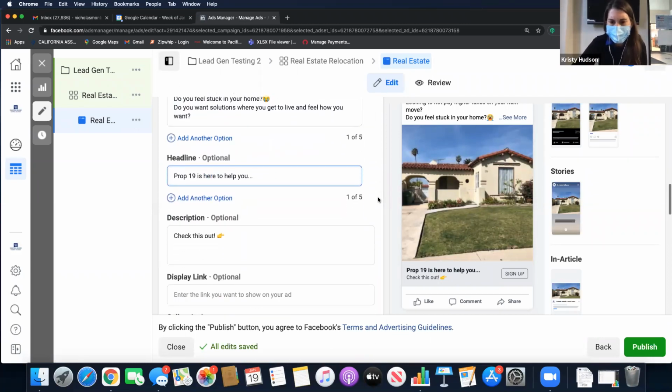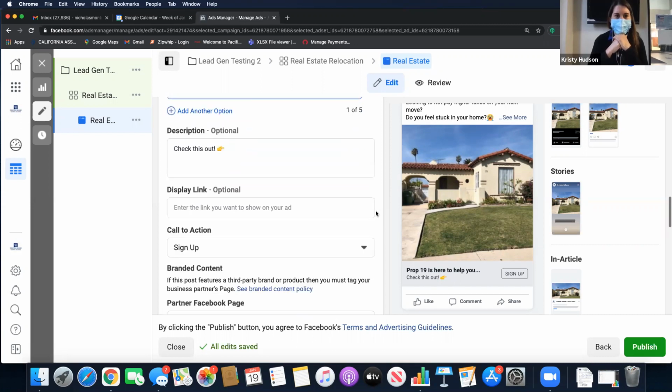So somebody clicks on this thing here on Prop 19, or whatever, let's just say. They're literally just going to go to where they're signing up. It's not like they're getting more. They have to get the information by calling you or by filling it out. Is that right? Yeah, so we're going to fill out your form. Again, this is just an idea, but we're going to show you what the form looks like to create that as well. So let's go ahead and move on.